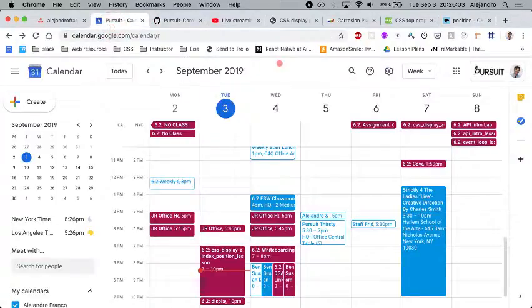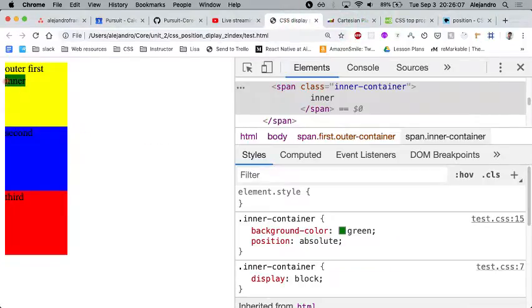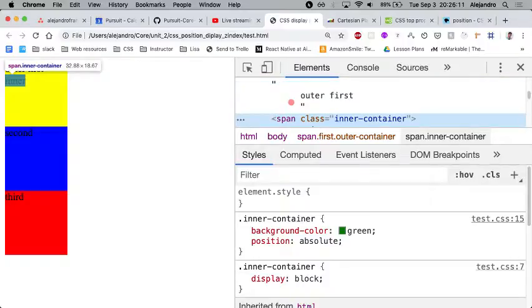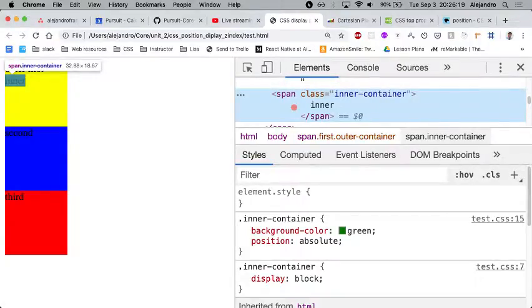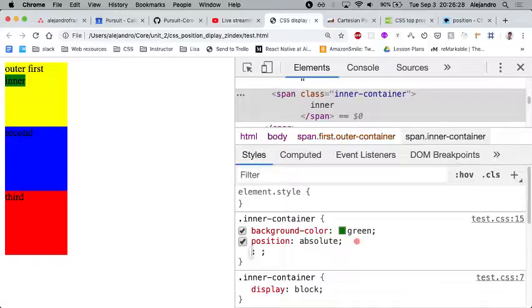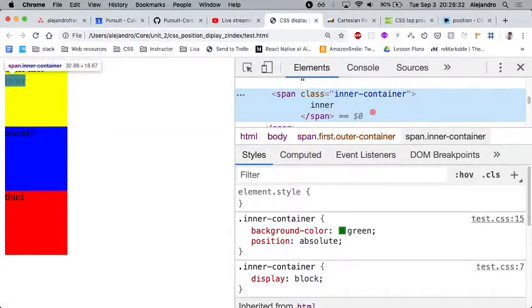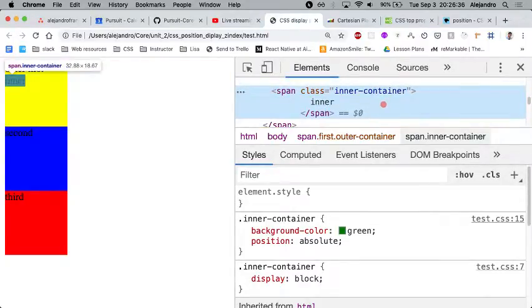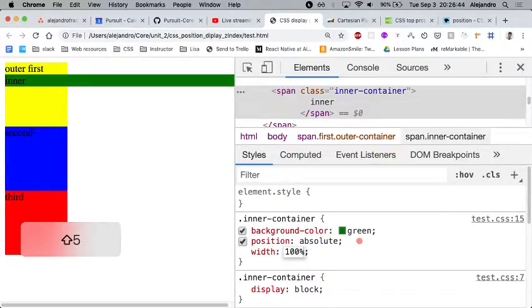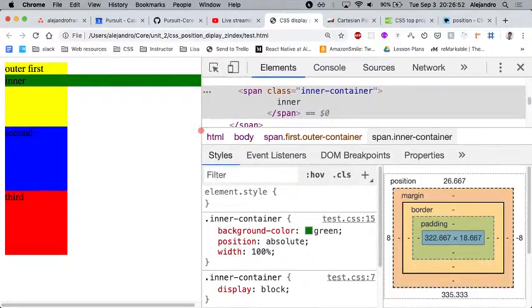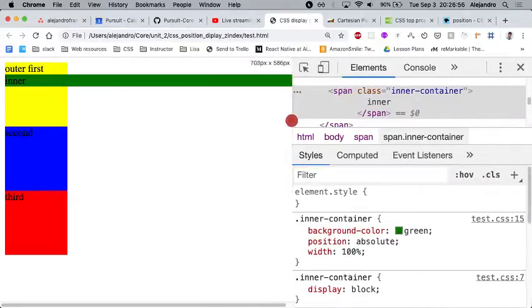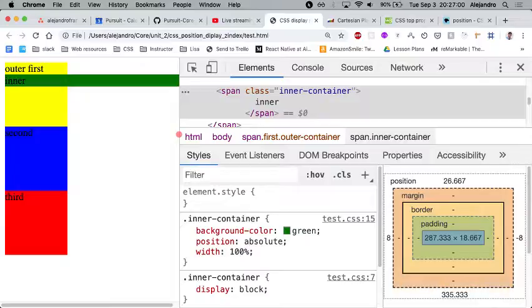So we just need to remember that if we want an element to occupy the entire available space, we'll have to be careful if we want that element to be position absolute, because once the element becomes position absolute, it will be sized to fit its content, even though it's a block element. That's sort of an edge case in CSS that we'll have to watch out for. I wonder what happens if we do 100%. Oh, that's interesting. We set that width to be 100%, and it seems to be 100%